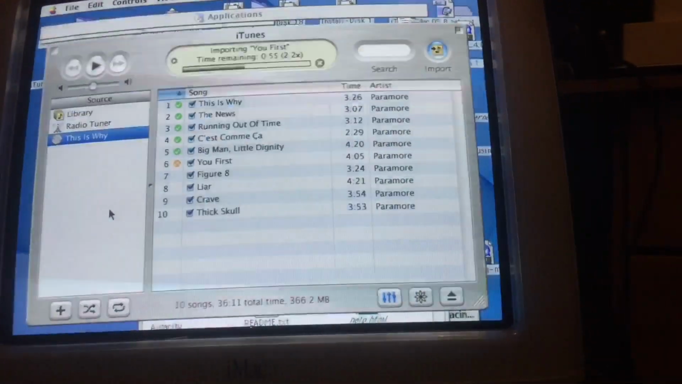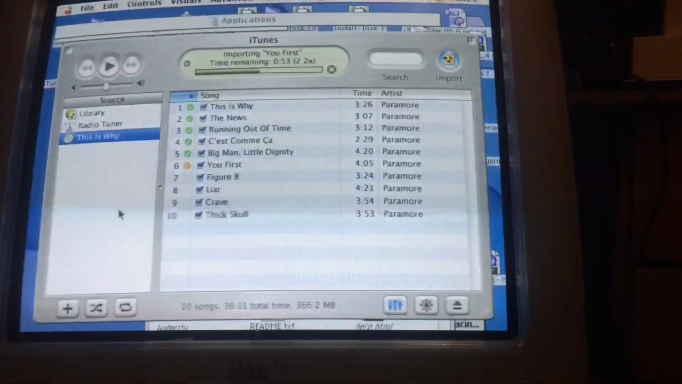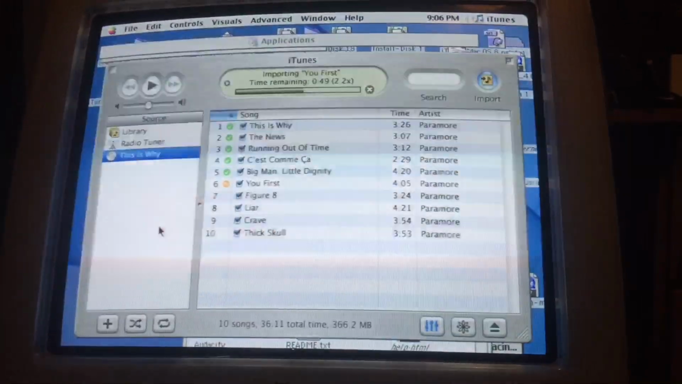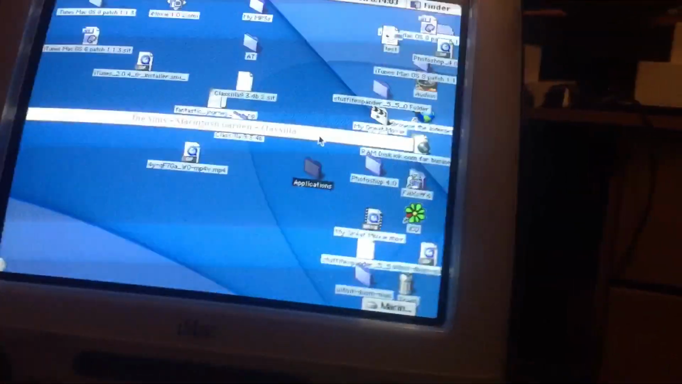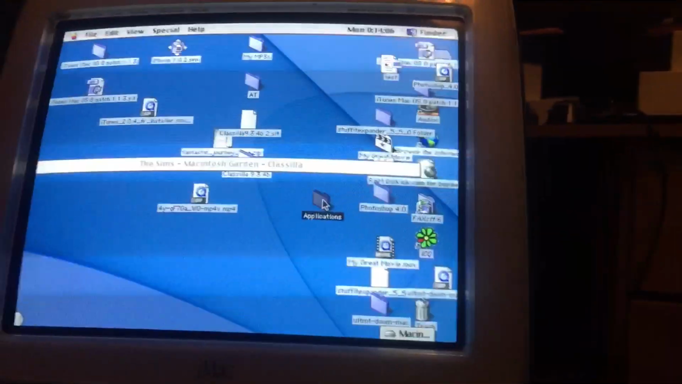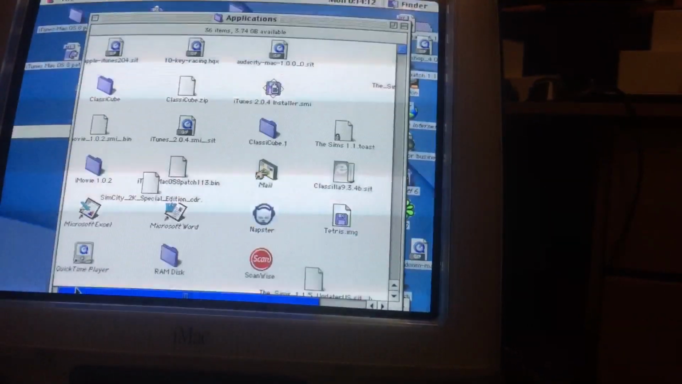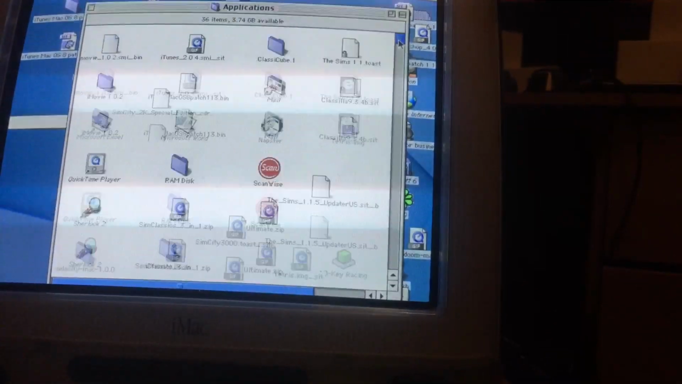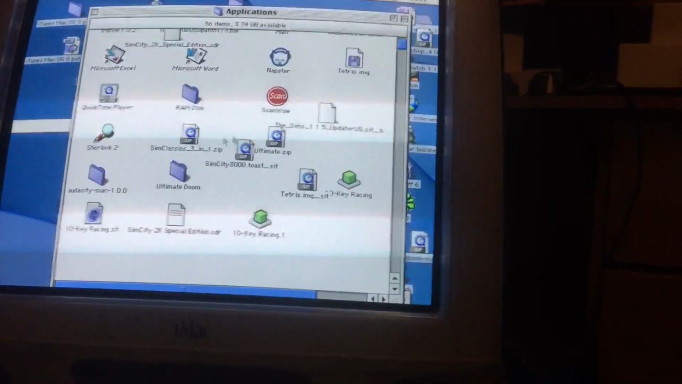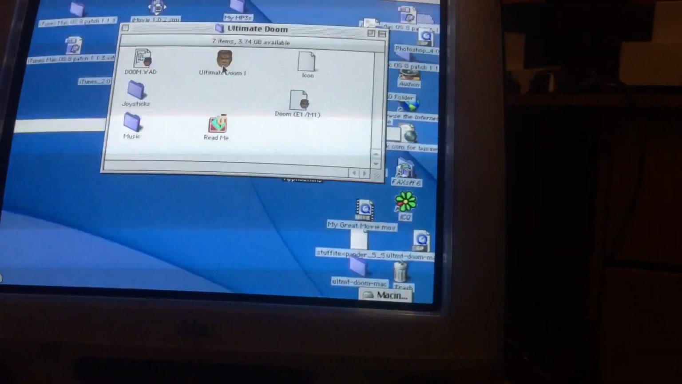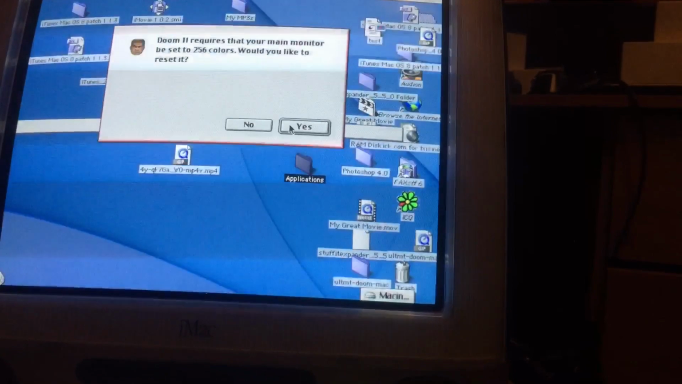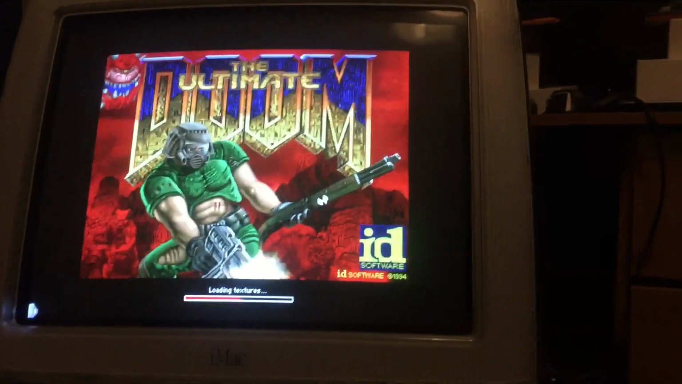So I'll try and show you a bit more software in a bit. Maybe continue this later on. I've installed quite a bit. I've installed some games, in fact. So if I go into Applications and scroll down, I've got some stuff. In here, I've got Doom, and go into it, and there you go. Once this loads,